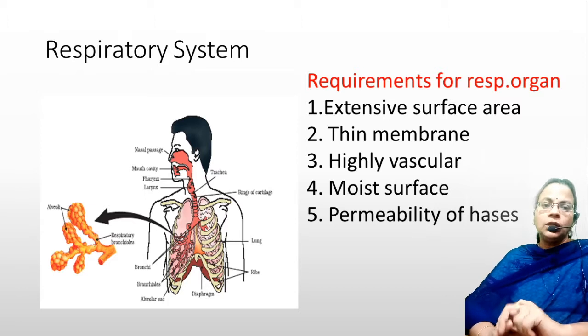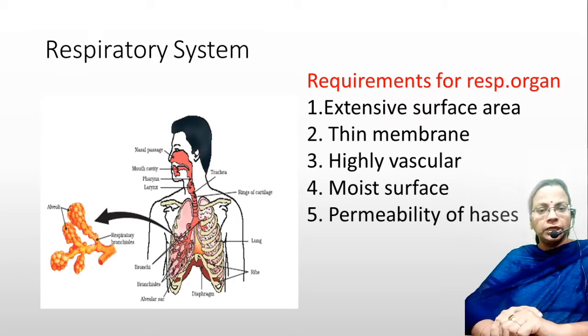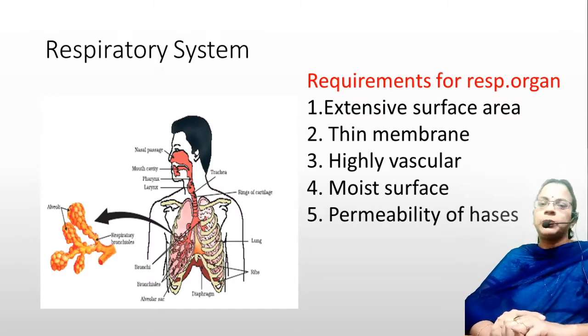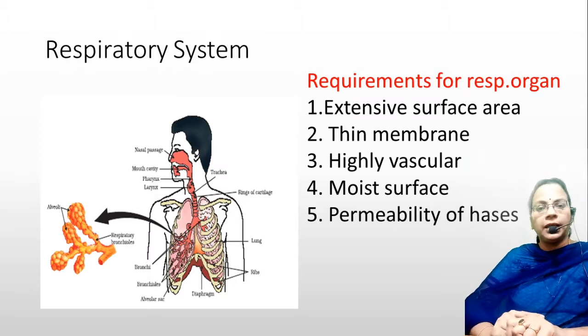So nostril, nasal cavity, then a common chamber where the buccal cavity also opens. That chamber is called the pharynx. It is a common space only. From the pharynx the air leads into the next region, called the larynx.